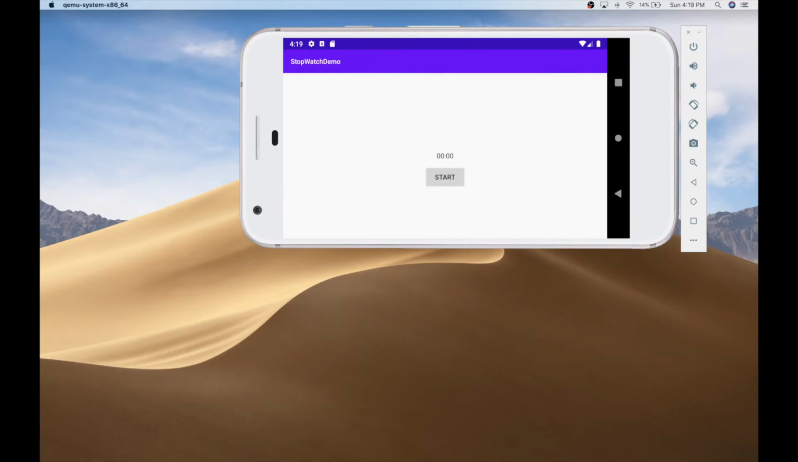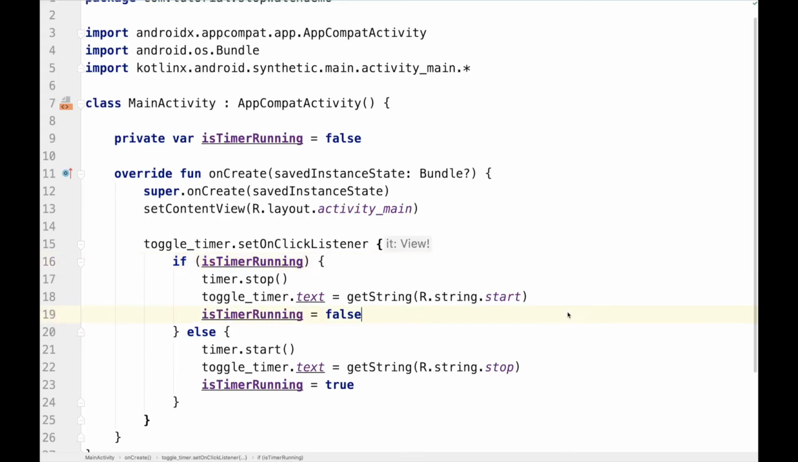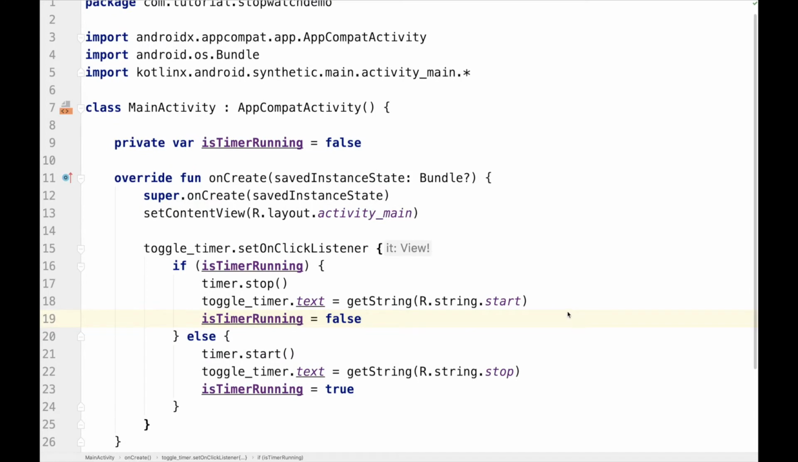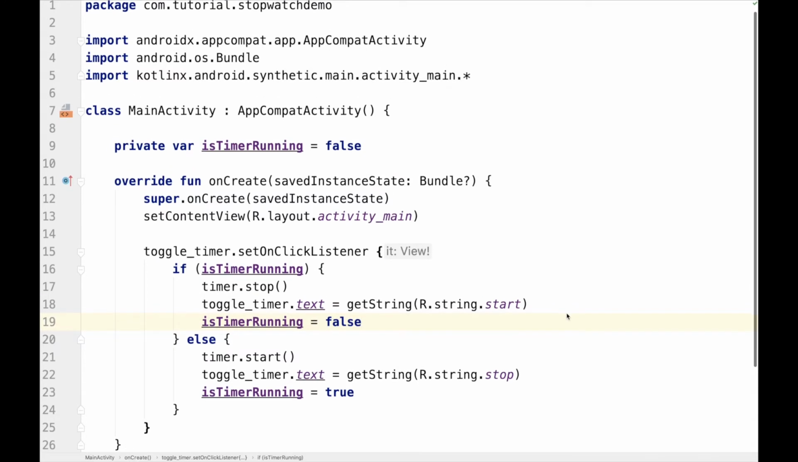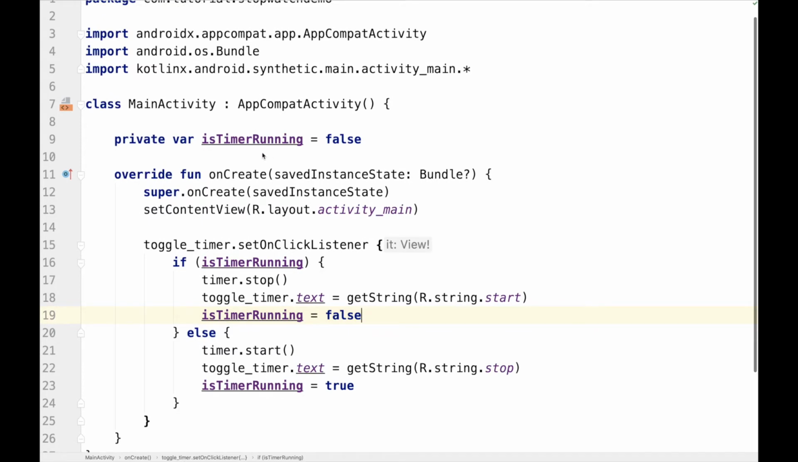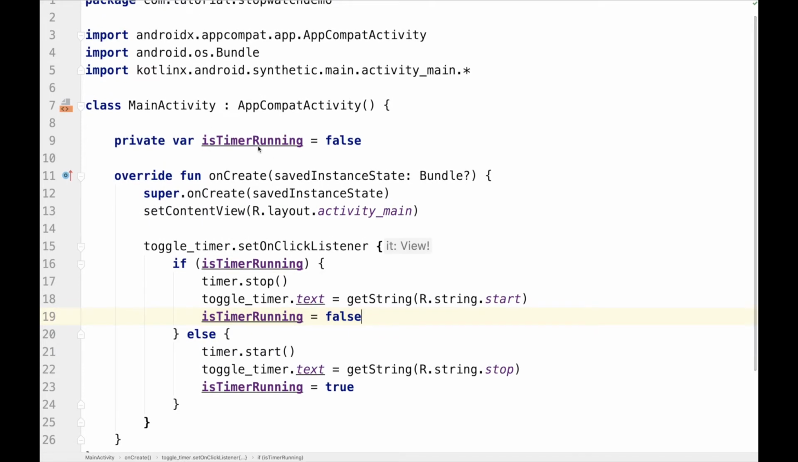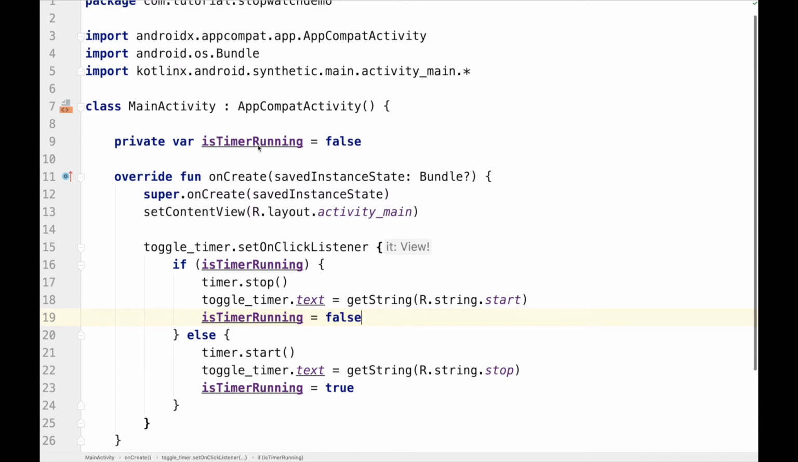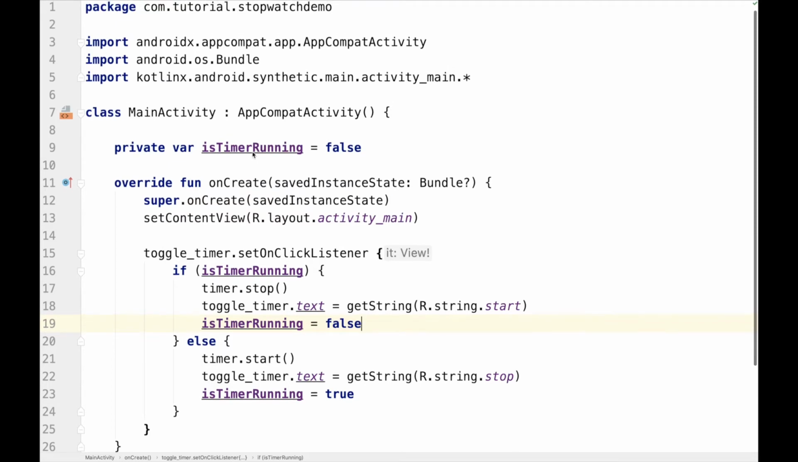So let's fix it. We have two ways of fixing this. One way is to use onSaveInstanceState and just put the value of the timer there, and then when we restart, the activity is back, we can put the values again. But the right way to do it right now is using a ViewModel and keep all the UI data in the ViewModel and have the activity